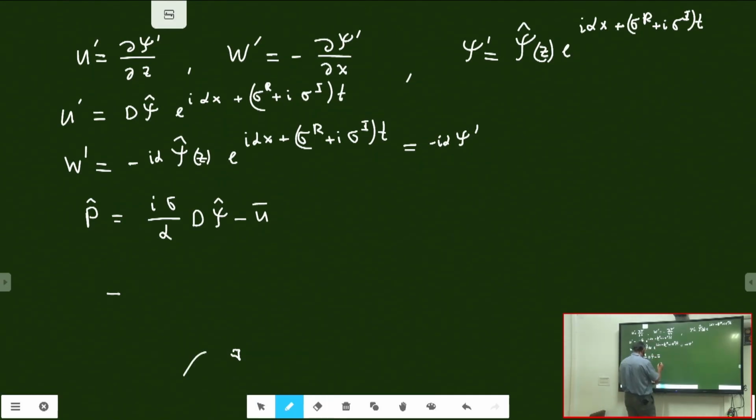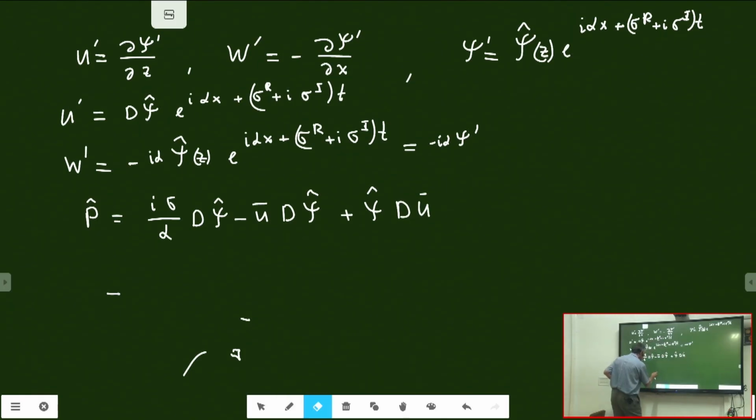U bar d psi hat plus psi hat du bar touching the plane, which can be written in